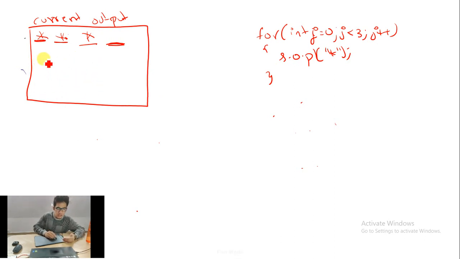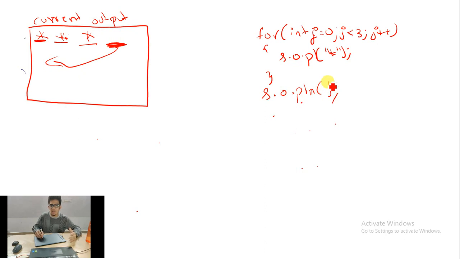Don't you think if you want to print a star here, first the cursor has to come here? But if the cursor has to come here, it has to travel from this line to a new line. And how will you bring the cursor to a new line? By writing system.out.println. You have to leave it blank, println. This is all you have to write. As soon as you write println, the cursor from the right side will come and blink here like this.